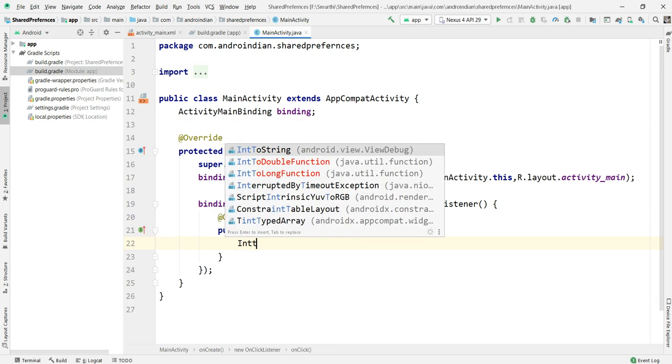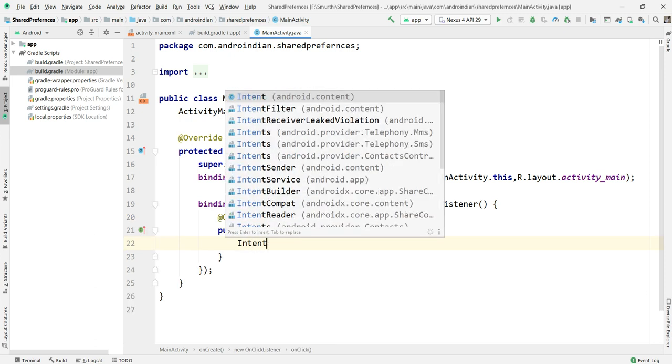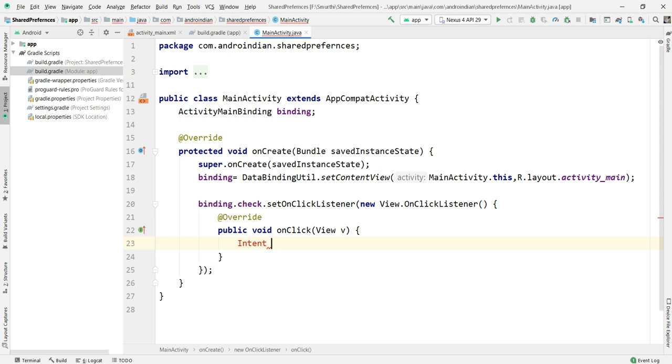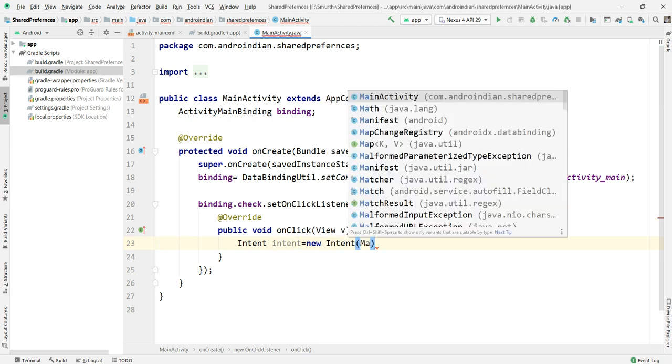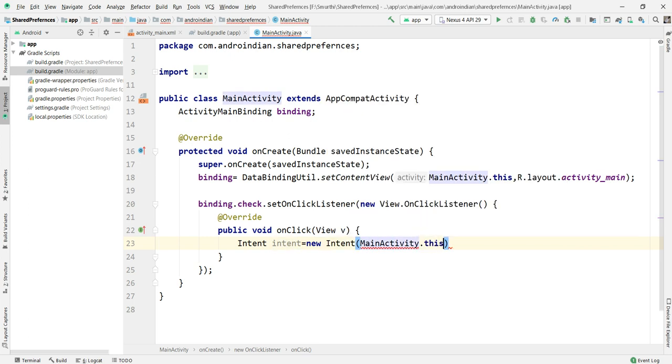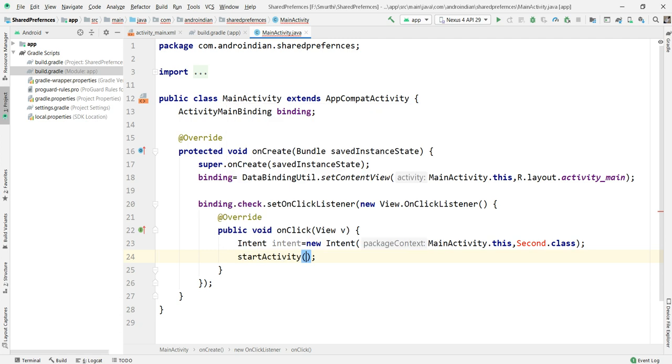For this case I'm putting an intent, because in another class I want to test whether the data is going to that class or not, that is, whether the data forwarding is happening properly. So here, Second.class, then startActivity of intent.